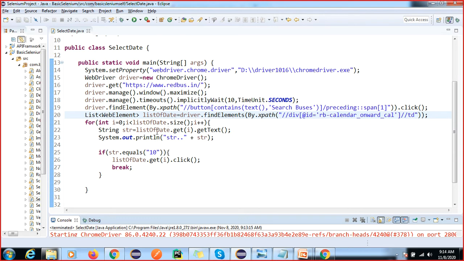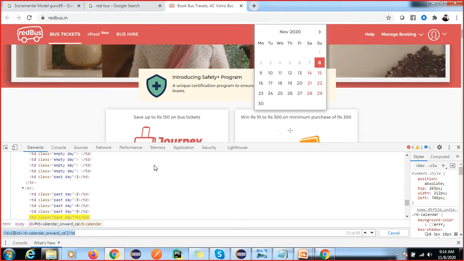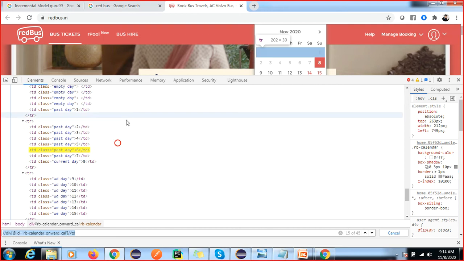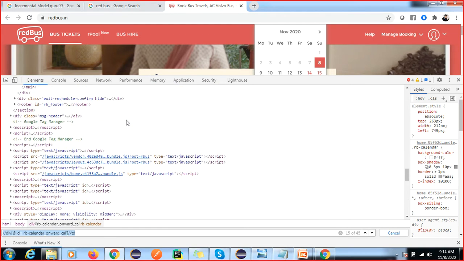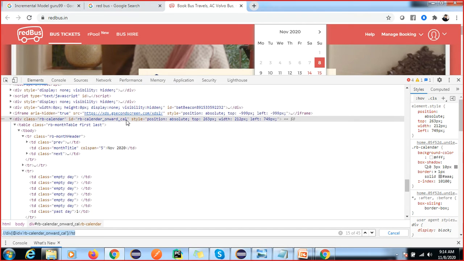I need to check getText and get(i). One second, I will capture. Okay, so we have captured this, right? We are using this element.